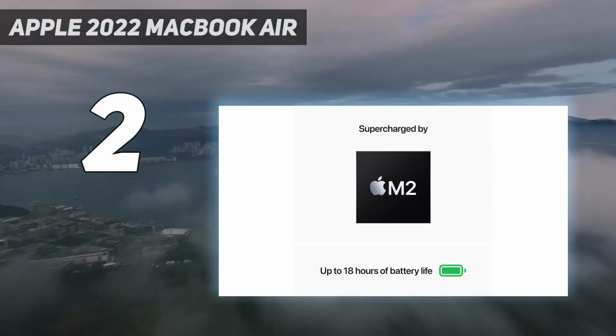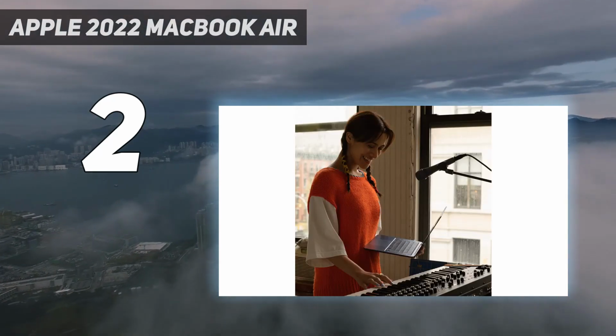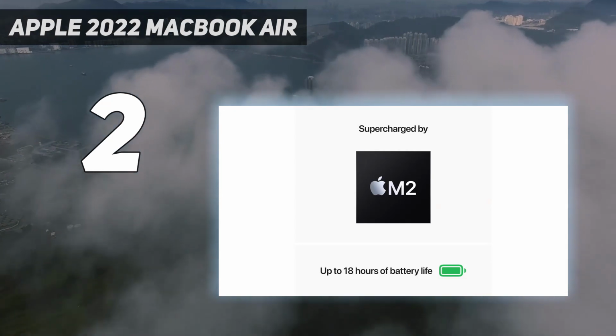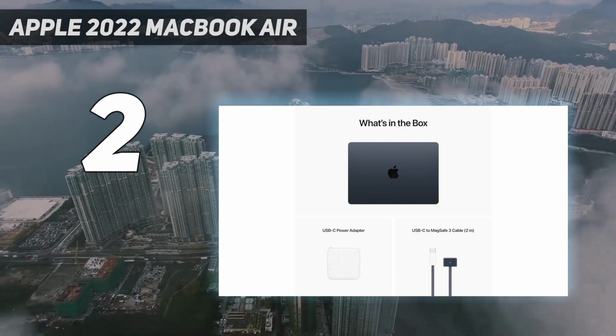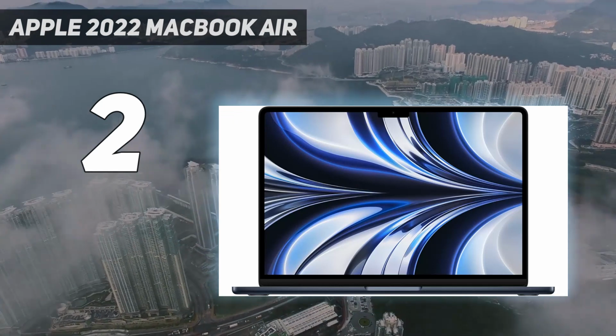It's a fanless device, so you don't need to worry about fan noise ruining your recordings. Plus, the battery lasts over 10 hours of light use. The main drawback is its limited port selection, as it's limited to 2 USB-C/Thunderbolt 3 ports with support for one external display only. A larger alternative would be the newly released Apple MacBook Air 15,